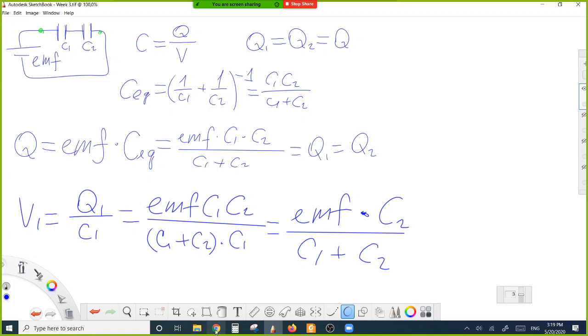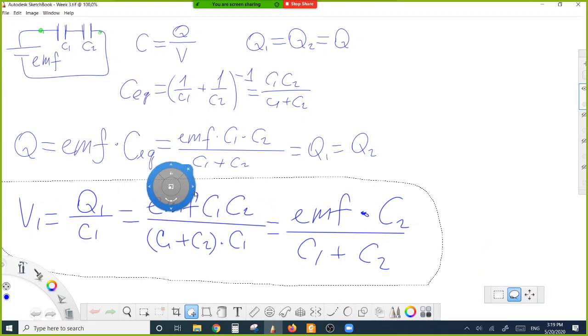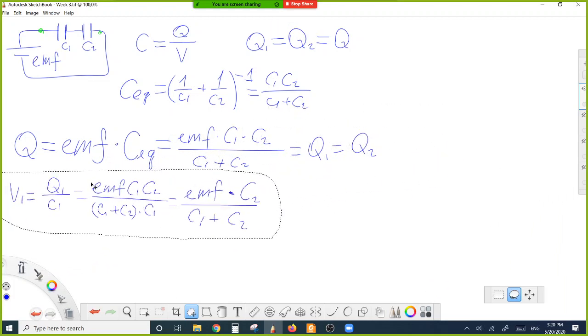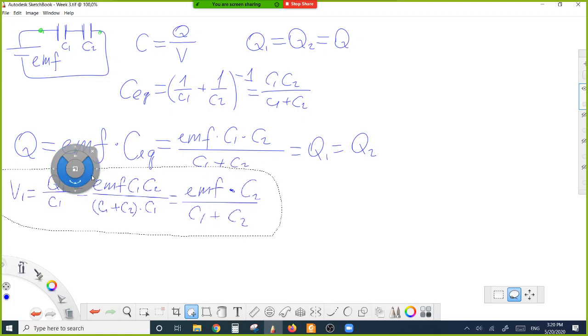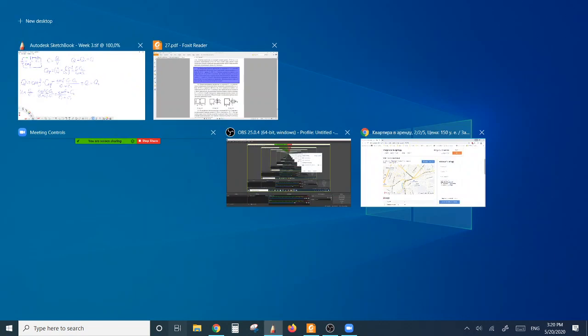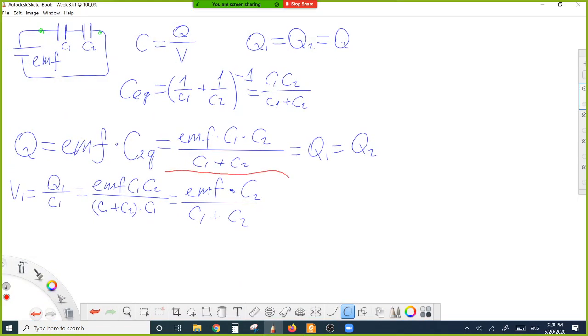And similarly, the voltage drop across the capacitor 2. So don't confuse these two. Okay, similarly, voltage drop across capacitor 2, V2, is equal to